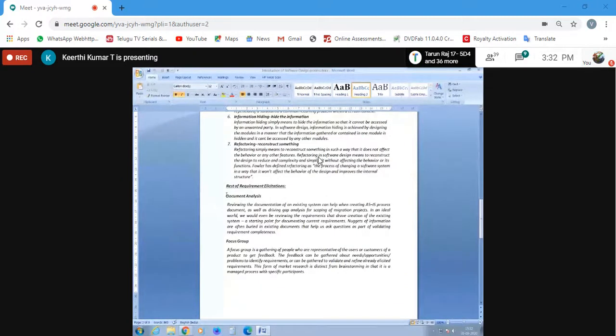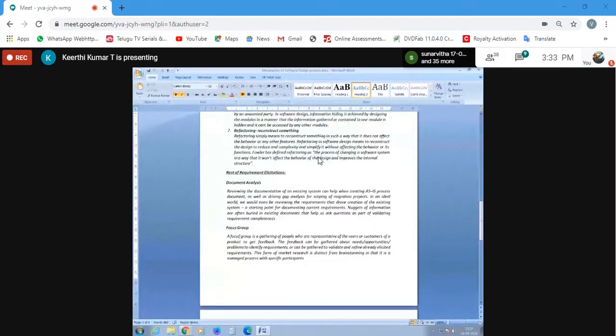wherein there will be some sort of prototypes, like features which he wants to add. It is also going to be a review by the user, be it the corresponding user or a practitioner. He's going to have his own review, so it's going to be a two-way system. The user story is a two-way system in which the document analysis is done just before the start of the process. You're not going to do it once your project has been initiated and initialized. Okay.